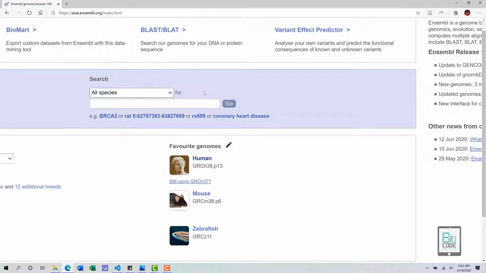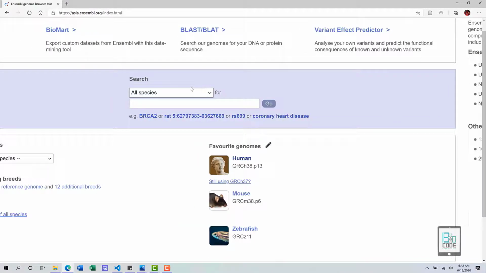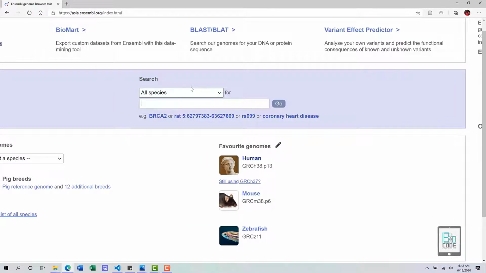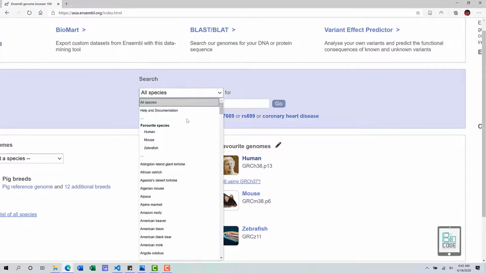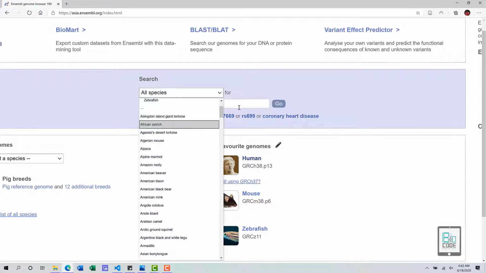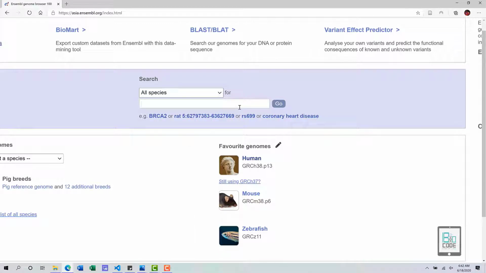You can directly search for a particular gene, protein, disease, or chromosomal region if you have that information. But if you just need a particular gene or protein from a particular species, and not the other species, then you need to select that species from over here, or you can select it and then filter out the results.